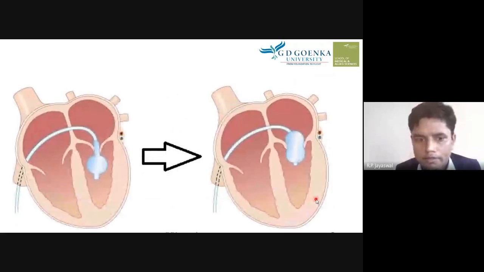Here we can see the mitral valve, and a balloon has been inserted, and this balloon has become inflated, and now it will work. It will widen this mitral valve. The opening will be widened, and once the opening is widened, the flow of the blood will be normal as it is in a normal patient.